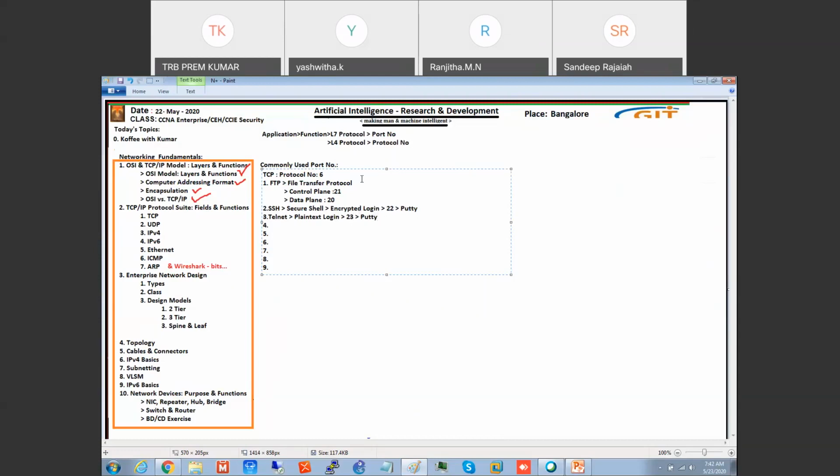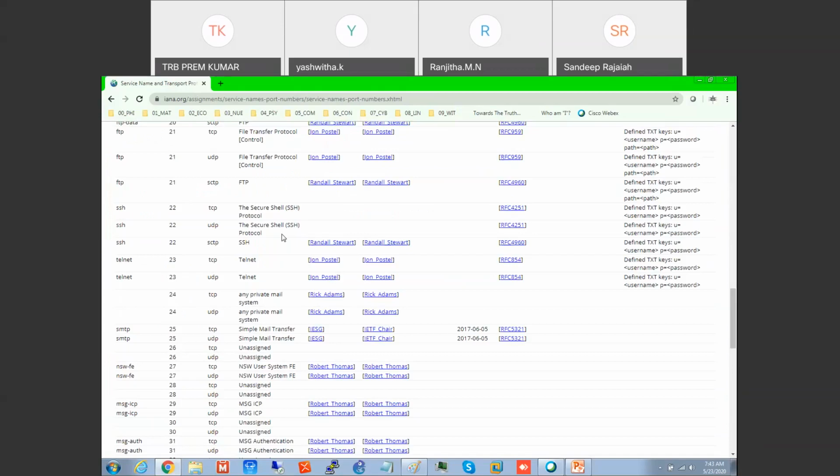Like that, every protocol is used by an application. So the application is Putty, and the function is remote login, plain text or encrypted. Next we will study Telnet; SSH is done.